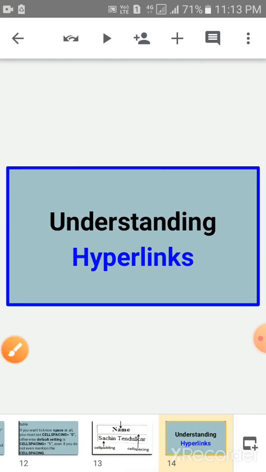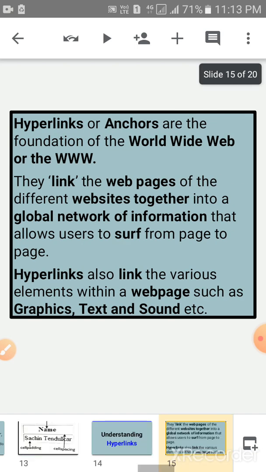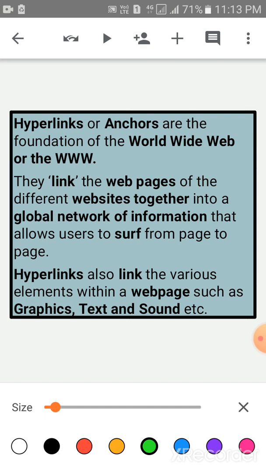Now children, understanding hyperlinks. Hyperlinks or anchors are the foundation of the World Wide Web, or the WWW. They link the web pages of different websites together into a global network of information that allows users to surf from page to page.